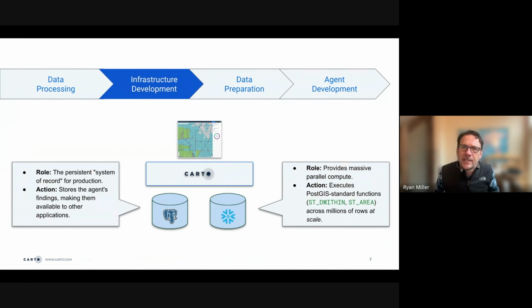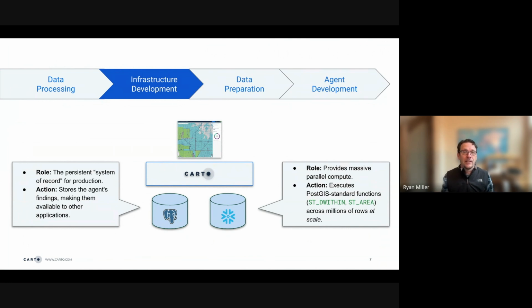And then on the Snowflake side, this is where we're really processing the data at scale, utilizing standard geospatial functions within Snowflake. These are operating via the queries generated by the agent, where it will filter the records based on the attributes that are part of the source data, or look across different layers to do spatial joins and spatial queries.